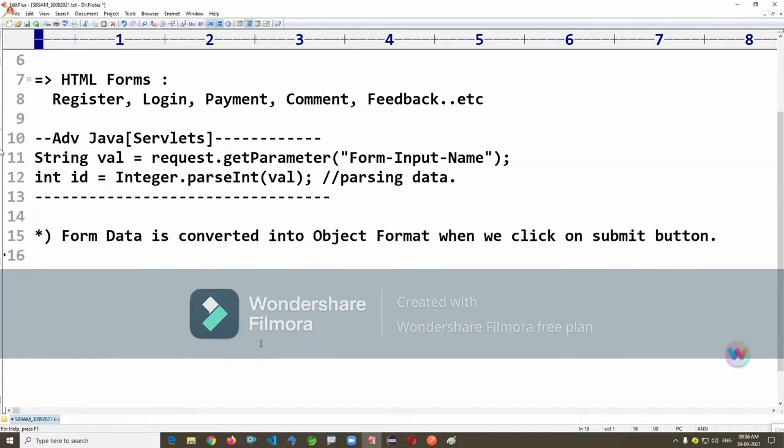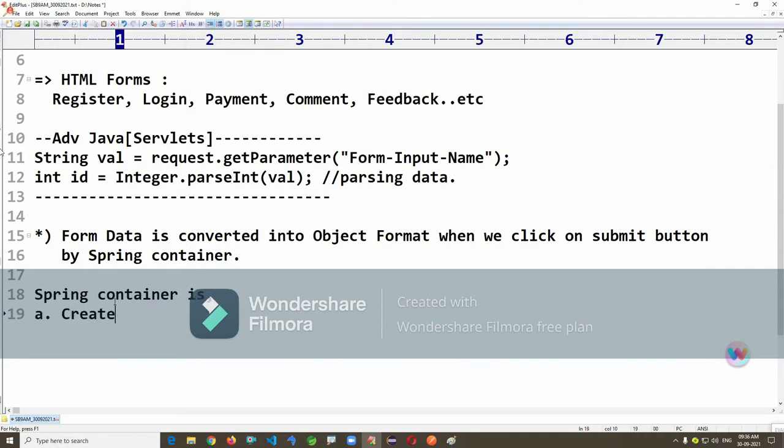Okay, so here by the Spring Container. So the Spring Container, step number one, is creating the object using the default constructor.